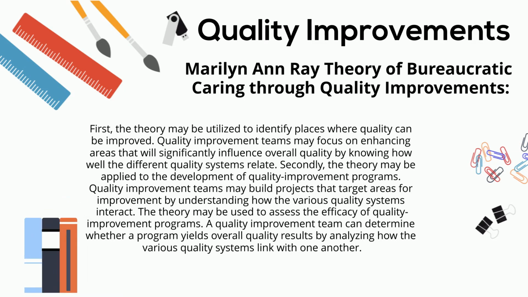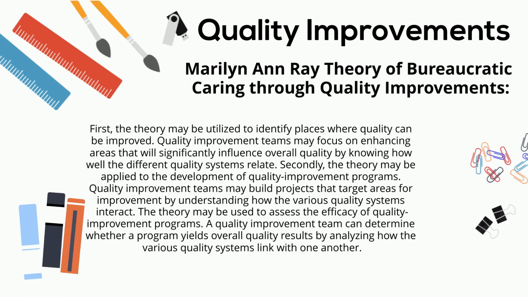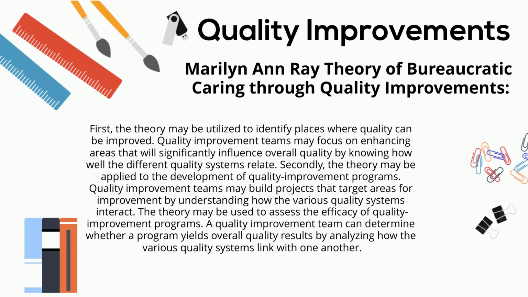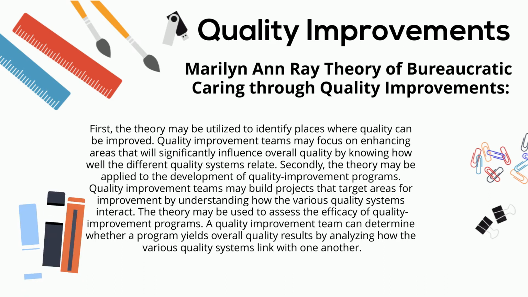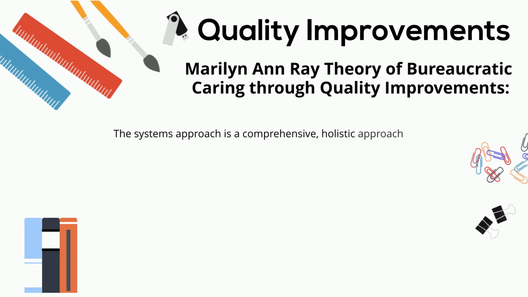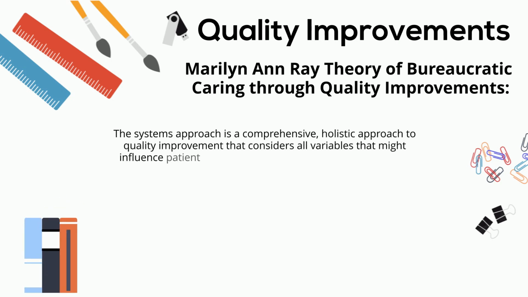Quality improvement teams may build projects that target areas for improvement by understanding how the various quality systems interact. The theory may be used to assess the efficacy of quality improvement programs. A quality improvement team can determine whether a program yields overall quality results by analyzing how the various quality systems link with one another. The systems approach is a comprehensive, holistic approach to quality improvement that considers all variables that